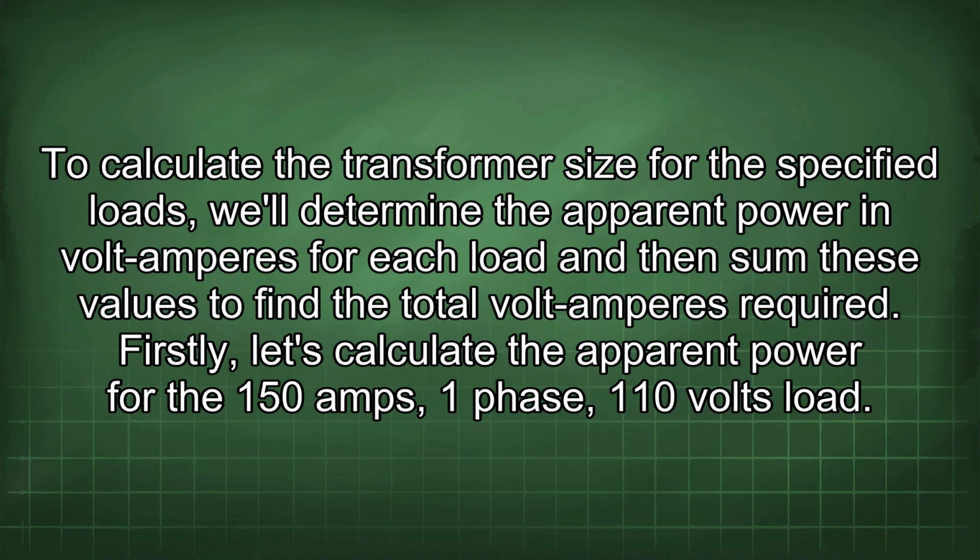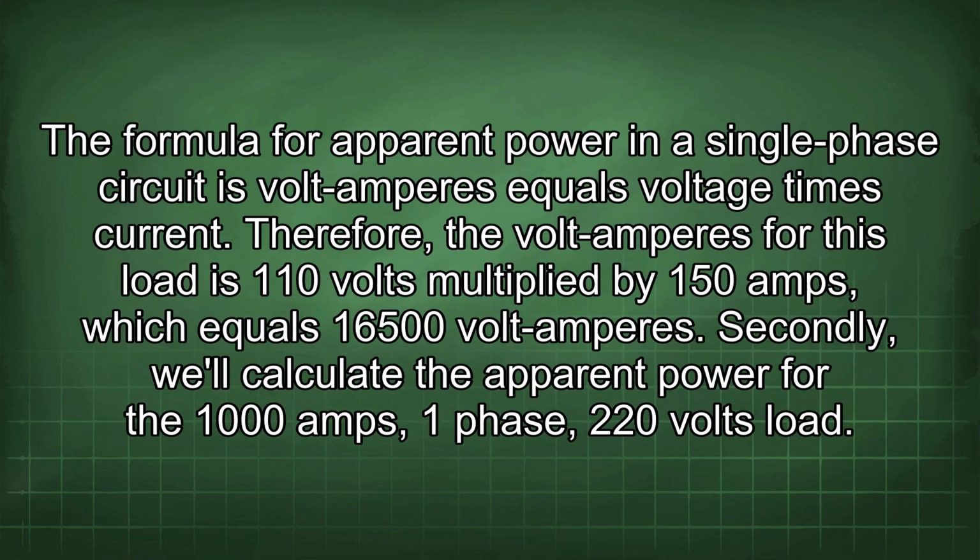To calculate the transformer size for the specified loads, we'll determine the apparent power in volt-amperes for each load and then sum these values to find the total volt-amperes required. Firstly, let's calculate the apparent power for the 150 amps, one-phase, 110 volts load. The formula for apparent power in a single-phase circuit is volt-amperes equals voltage times current. Therefore, the volt-amperes for this load is 110 volts multiplied by 150 amps, which equals